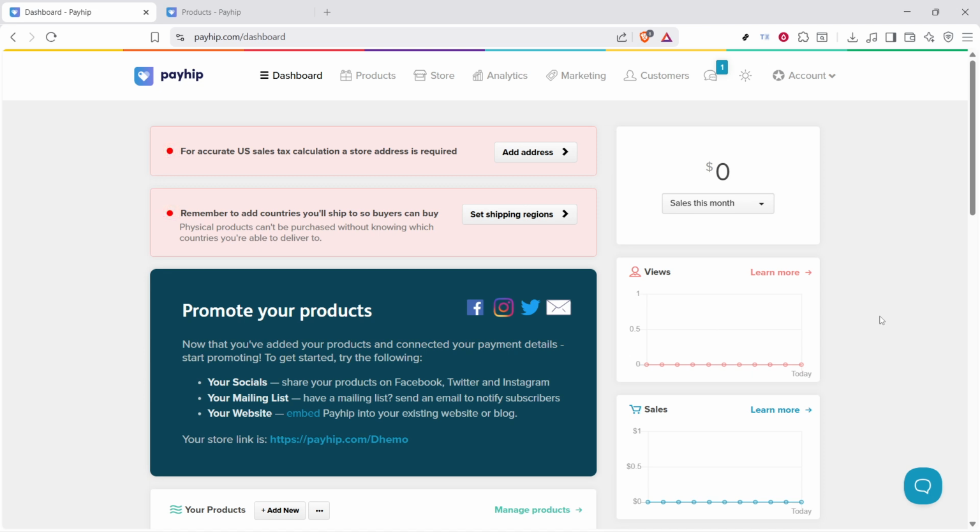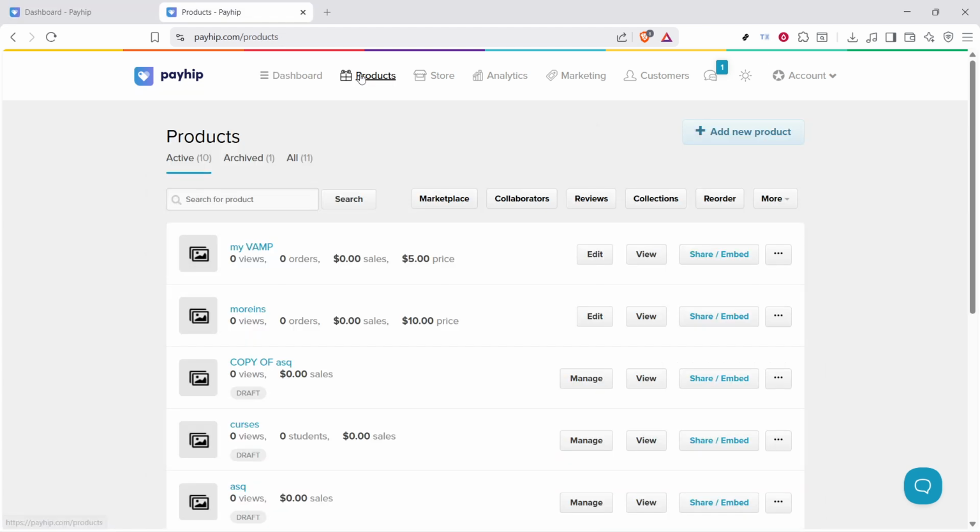From the dashboard, click on Products. This will open the section where all of your listed items are stored. Here, you'll be able to see the products you've already created, whether they're digital downloads, courses, memberships, or other items